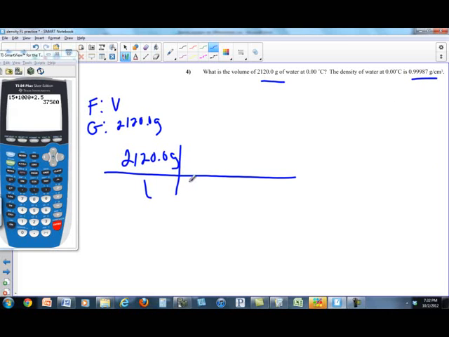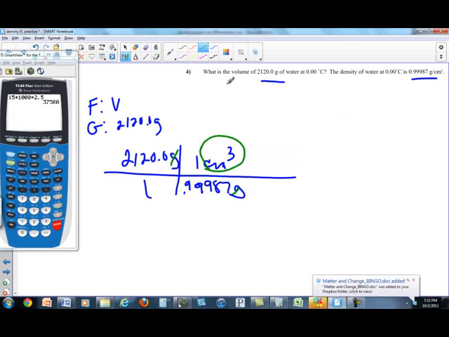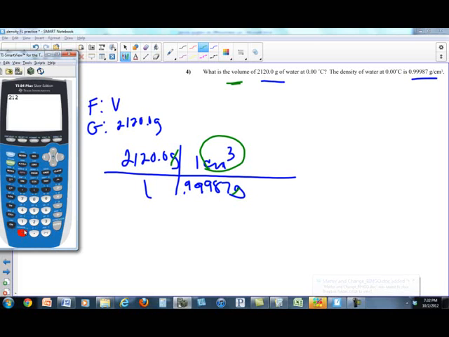1 gram, I'm sorry, 0.99987 grams is 1 centimeter cubed. So I should be done because I'm canceling grams. I'm left with centimeter cubed. It did not specify what volume units to use. So all I have to do is plug it and chug it, and I get 2120 divided by 0.99987, and I get